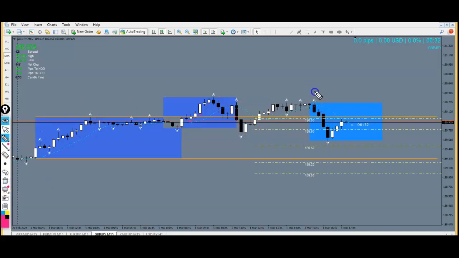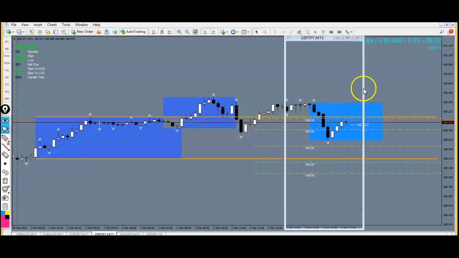Let me clean that up. So entered on this bearish engulfing candle, and the first TP was right there. That was a nice trade. So okay, then the last price action, last trade